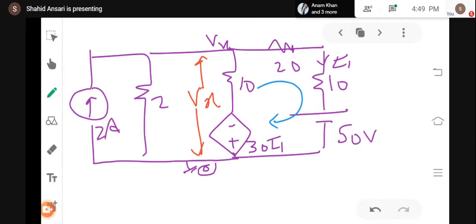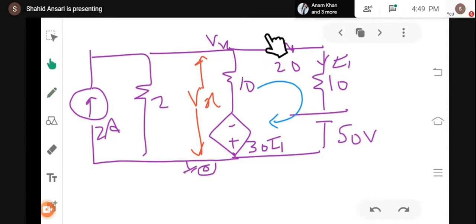No matter, you can first give first mark polarity or first mark current. If you have first mark polarity, it means the direction of current should be such that it should enter with positive for passive and with negative in active. And if you have already selected the direction of current, you must mark polarity accordingly to maintain the same status. So here we have direction of current.